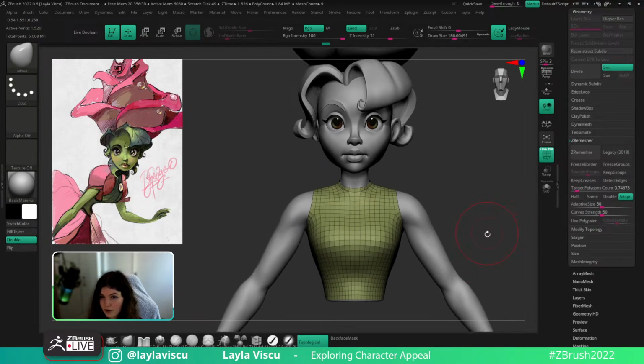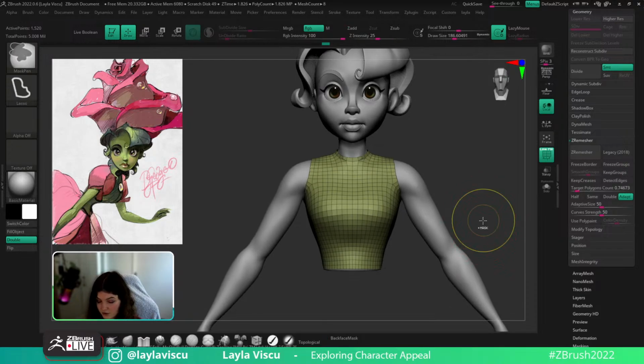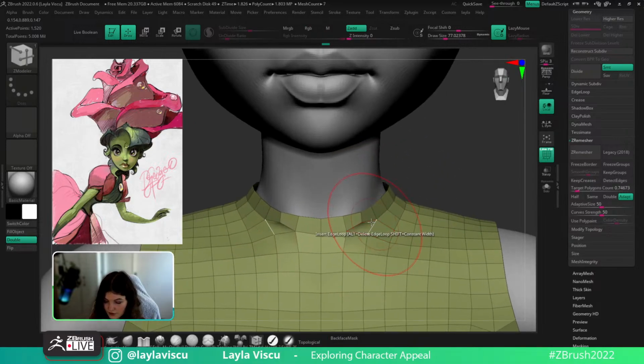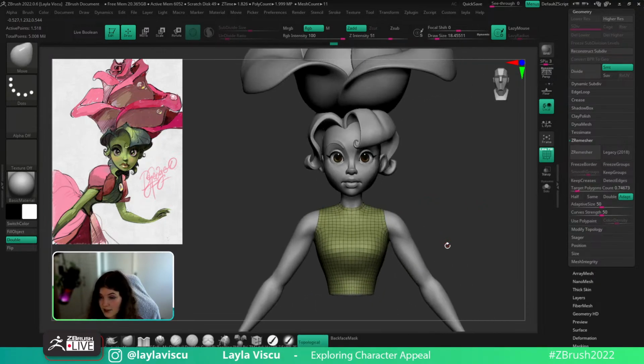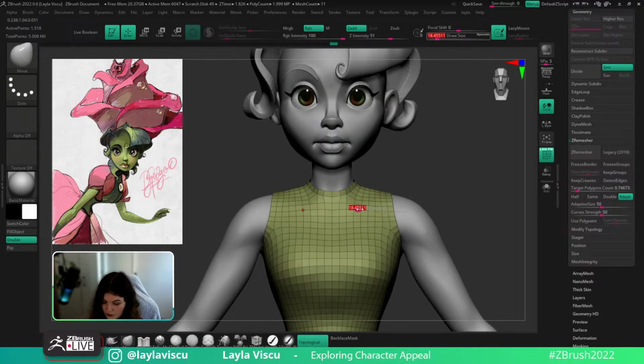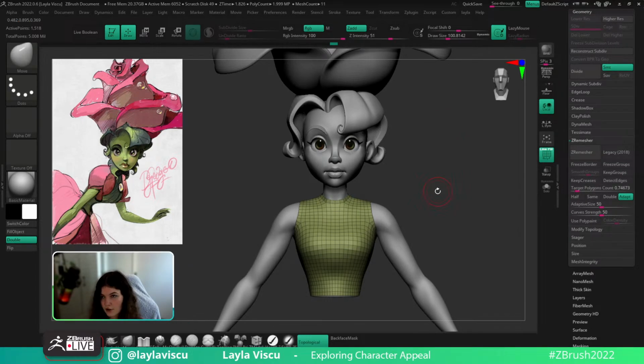Okay. How does character appeal work? Isn't that subjective? It is, and it isn't. It is to do with the way that most of our minds work. Obviously we all have our own preferences in color, shape, beauty, taste, like we all have different minds. However, you're trying to convey a certain emotion, or convey that this character is, say, young and naive. What the knowledge of character appeal does is it lets you manipulate shapes, in our case in ZBrush, to